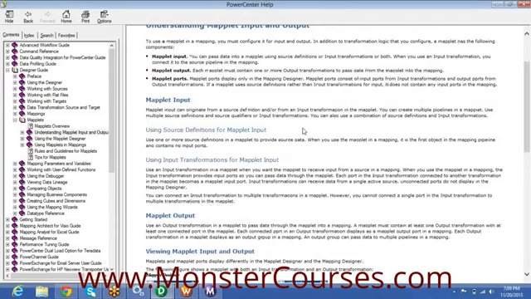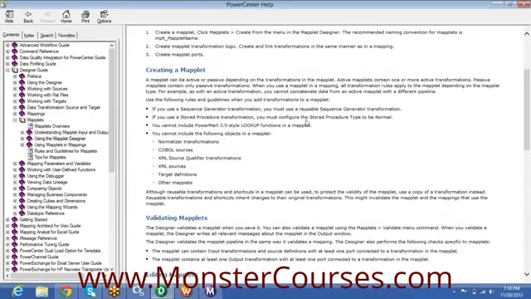You cannot include a normalizer transformation, COBOL sources, or XML source qualifier, you cannot include target definitions, and you cannot include other maplets. So you cannot have nested maplets. All the reusable transformations and shortcuts can be used. To protect the validity of the maplet, use a copy of the transformation instead. So these are the limitations. If you are creating a maplet, make sure you follow these rules: use a reusable sequence generator, use a normal stored procedure transformation, and do not include normalizer transformation, COBOL, XML sources, target definitions and other maplets.